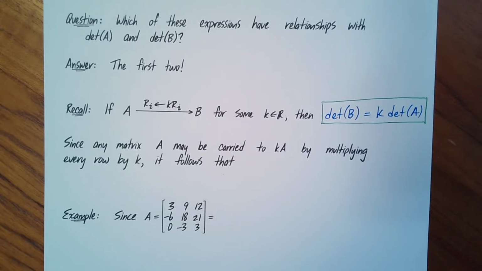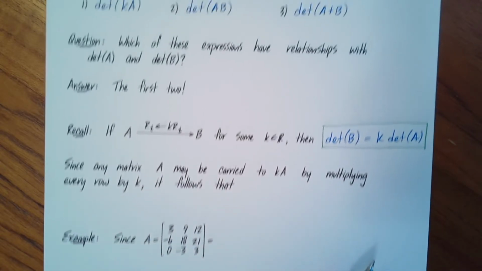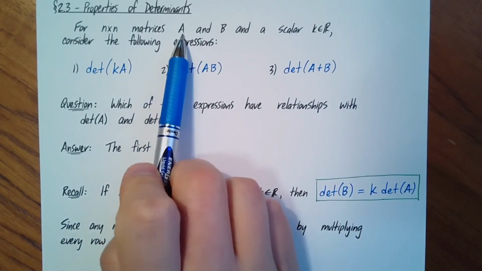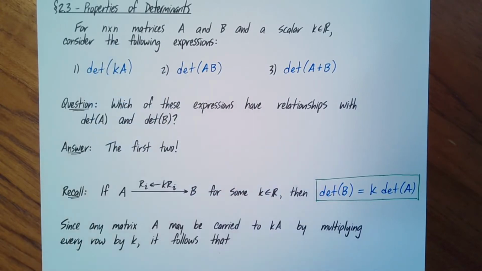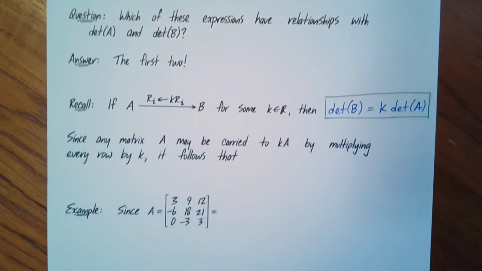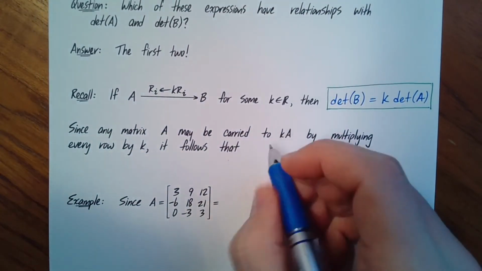So one way to do it would just be to take each of the rows of A and multiply them by the scalar k. And really, how many row operations are you doing? Well, you're doing one operation for every row of the matrix A. So if we stay with the original assumption that A was n by n, so A has n rows and n columns, well, then